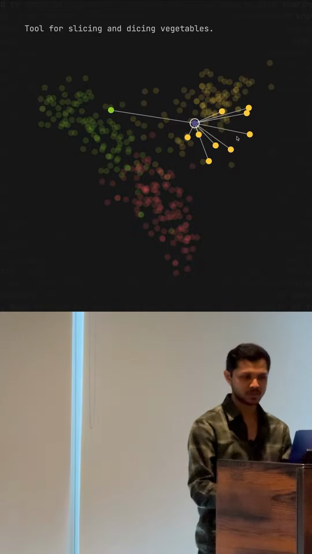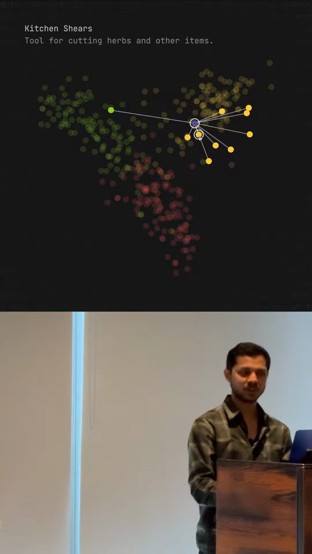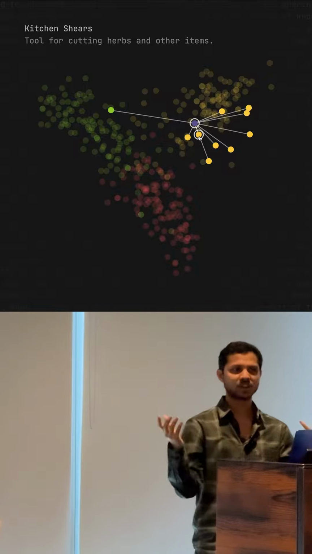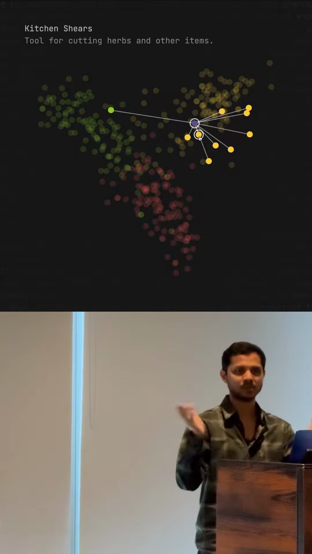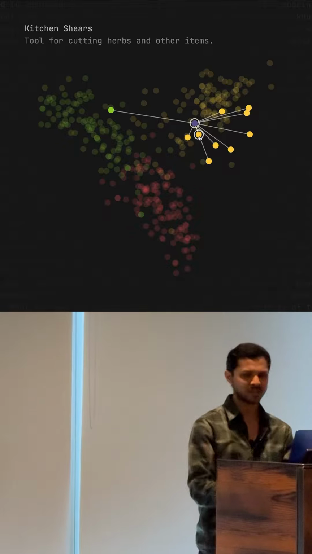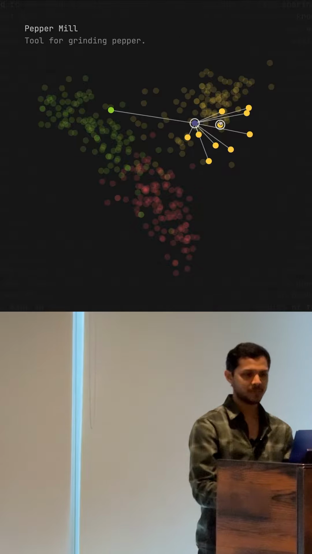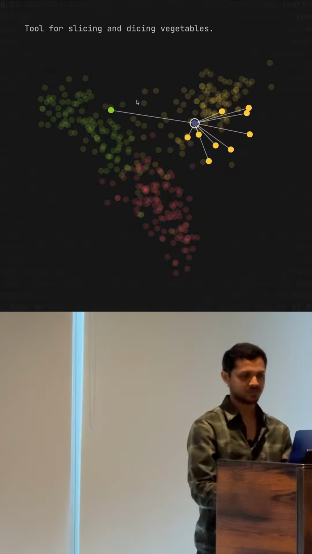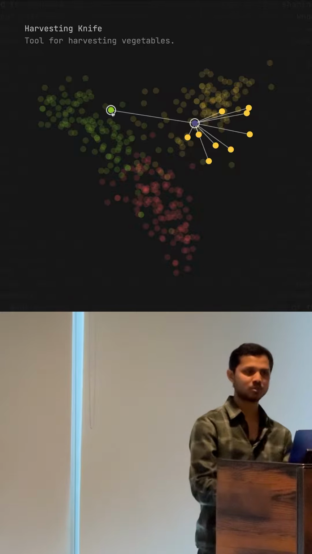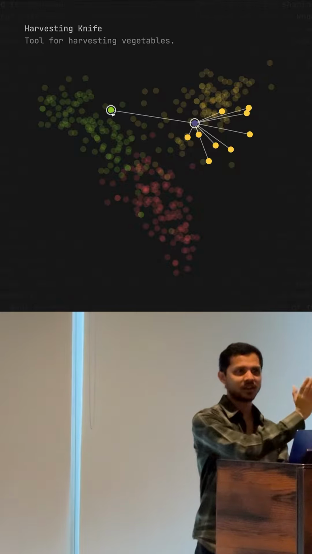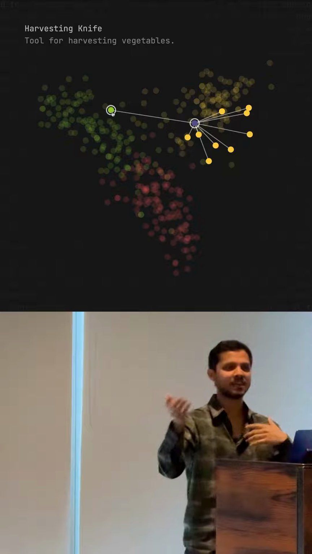So now if I hover over this item, this one, tool for cutting herbs and other items, kitchen shears, that could kind of be related. Maybe you end up purchasing that, or maybe that could be a recommend. Although I don't like the purchasing analogy, because everything's about buying. There's other uses for it as well. Tool for slicing vegetables evenly, tool for shredding food, very appropriate. Tool for harvesting vegetables, so somewhat in the gardening cluster, but possibly you might have meant that than the other